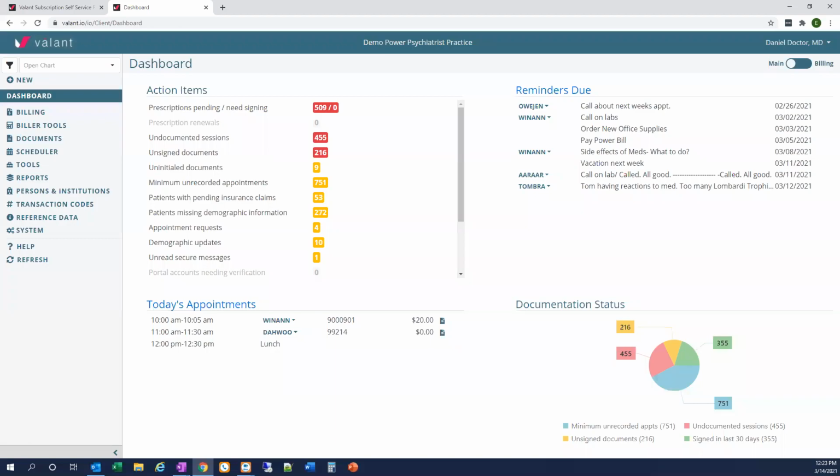In this video, we're going to review how to fax documents from the patient chart in Valent.io. Please note that integrated outbound faxing is an add-on feature in Valent. If you do not already have this feature enabled, please contact our subscription team at